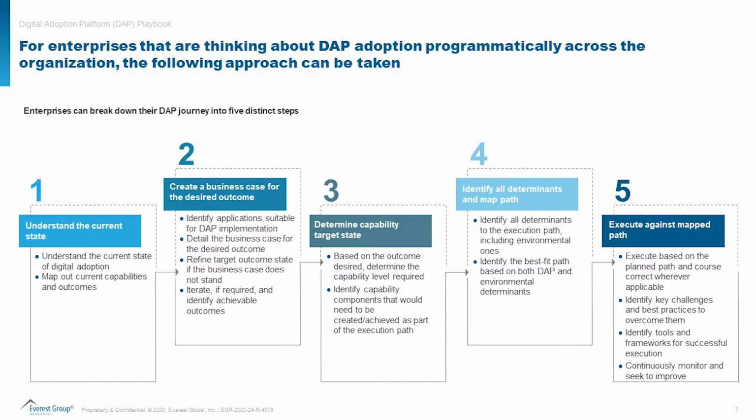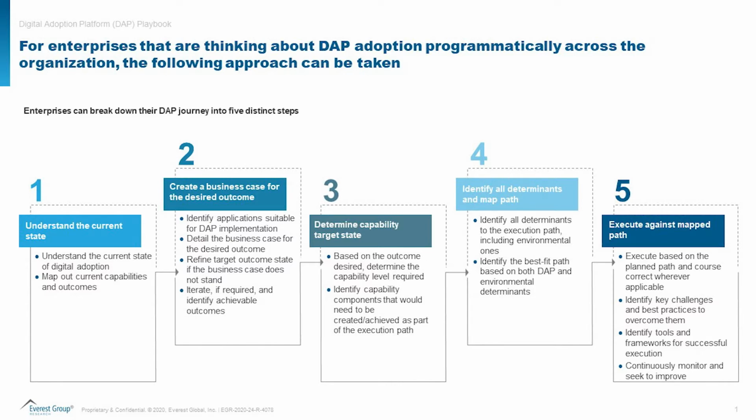As part of the third step, based on the desired end state or outcome, the playbook will also guide you on how to create the right capabilities for achieving those outcomes. And this can stretch anywhere from selecting the right DAP for your situation to building the appropriate walkthroughs, skill sets, and org structures.